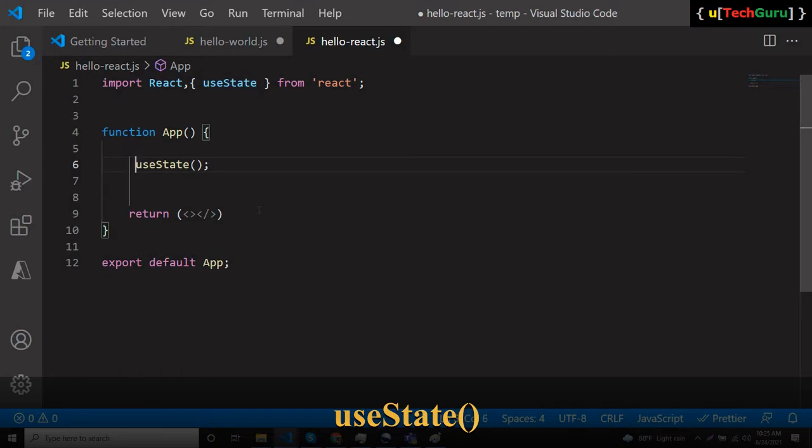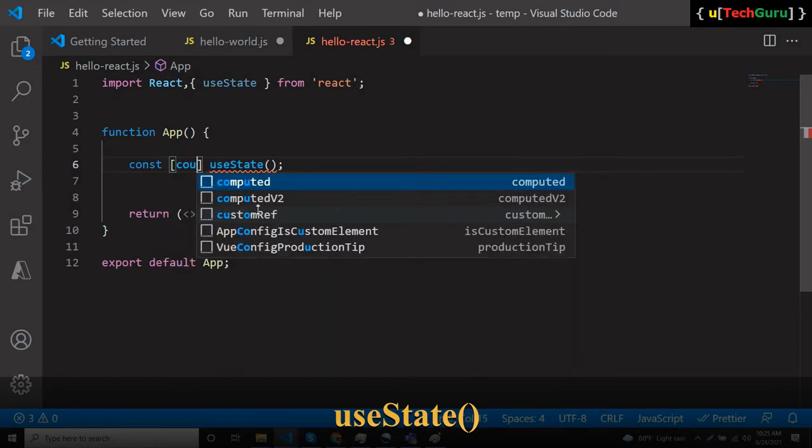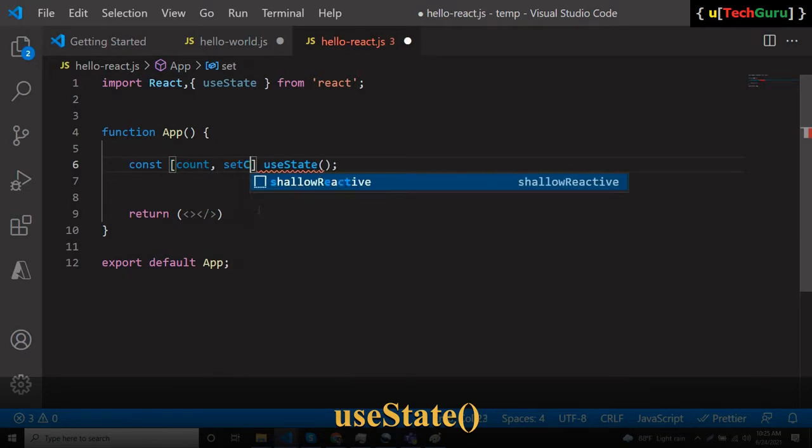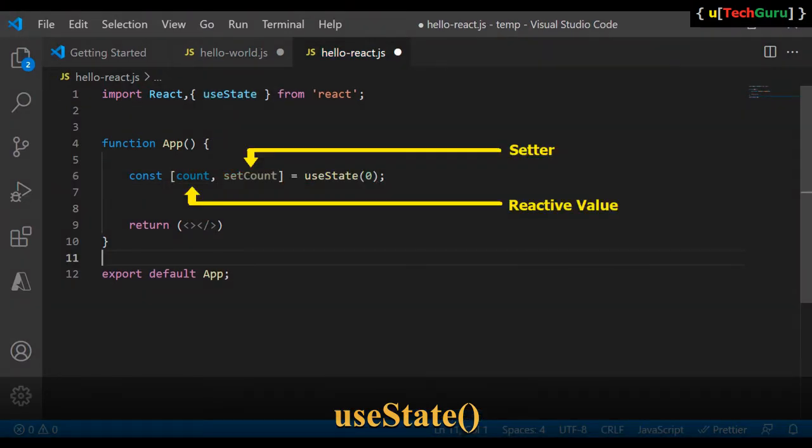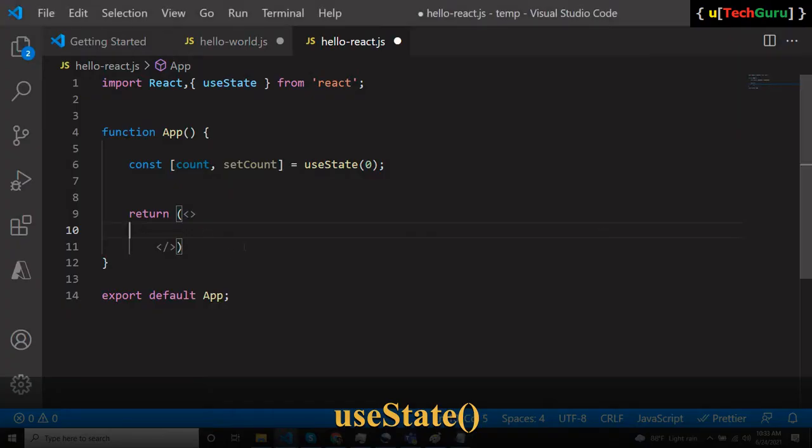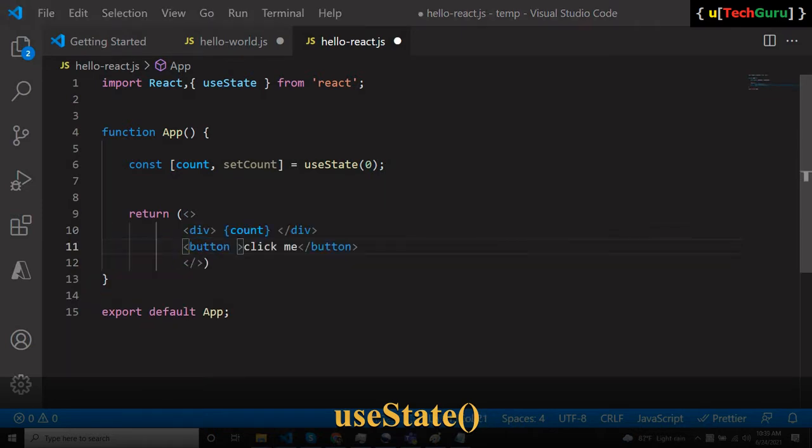The function returns an array that contains two values to use in your component. The first value is the reactive data that we will use in our component. And the second value is called the setter, so that the user can assign the value. If we then reference a state in the UI, and the value changes in the future, React will automatically rebuild the UI to show the latest value. For example, if we introduce an onClick method, in this case we can use the setter to increment the